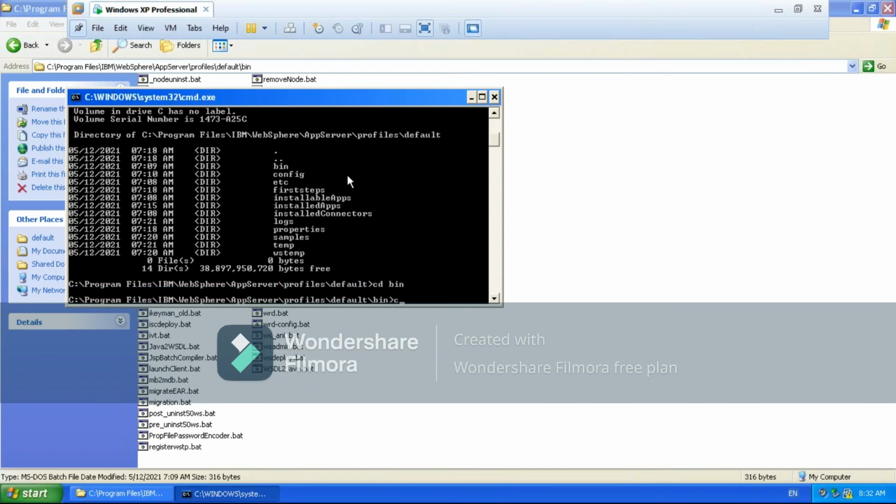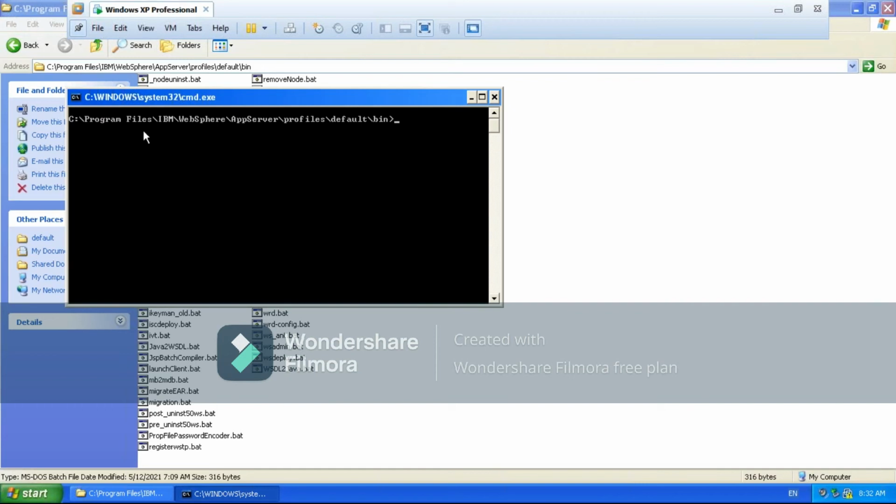Now if you see, what is this path? It is the default profile home bin. So if it is the default profile home bin, you don't need to give the profile name. You can execute the command directly: startServer.bat space, and the server name is server1. Just give enter.